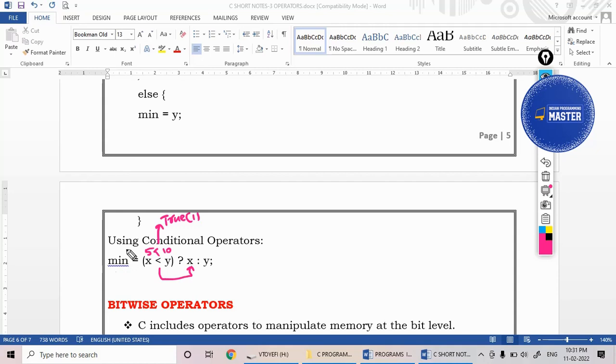For example, if the x value is 50 and the y value is 10, this condition is false. Whenever it is false, the y value, 10, is stored inside the minimum variable. Like this, ternary operators are executed. Next,